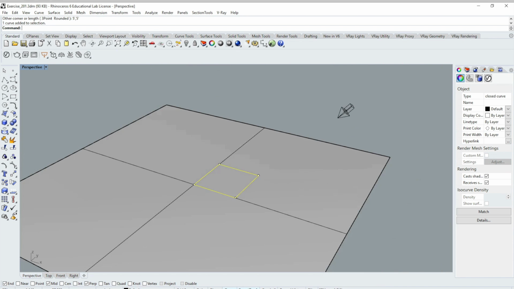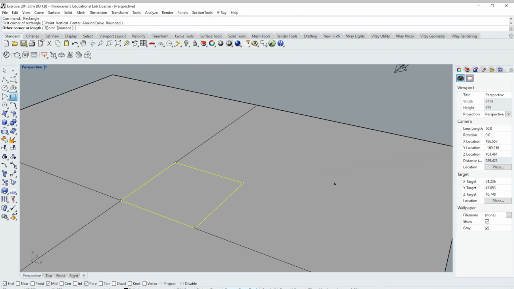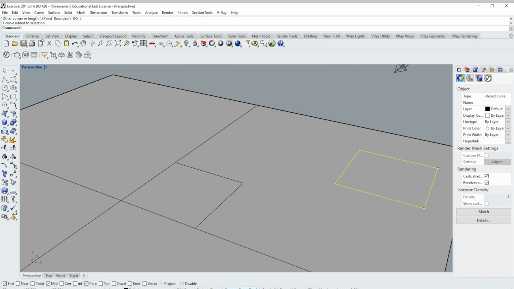Now, if you don't start right at the origin, if you start over here in space, it's slightly different. I just clicked at a random spot, but instead of typing 5 feet, comma 5 feet like that, I'm actually going to put the at sign in front of it and type 5 feet, comma 5 feet. Now, if this stresses you out, don't worry. It's going to be something we'll cover in depth the next class in lecture 202. So all of this coordinates and whatever I'll explain in much better detail going forward. So I'm going to go ahead and hit enter, and that then creates that rectangle as well.